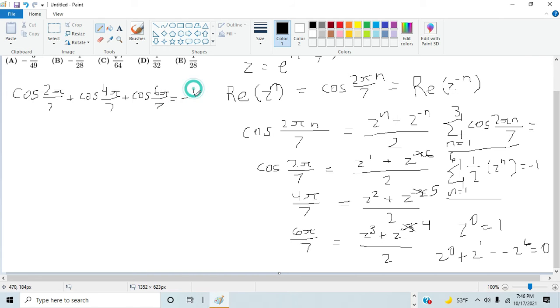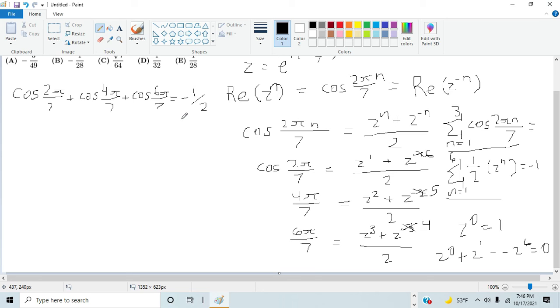So just a quick recap, we got this equation by expressing the cosine as the real part of each of the seventh roots of unity, using the even property of these roots of unity to write an expression that incorporates z to the first, z to the second, where z is one of the seventh roots of unity,